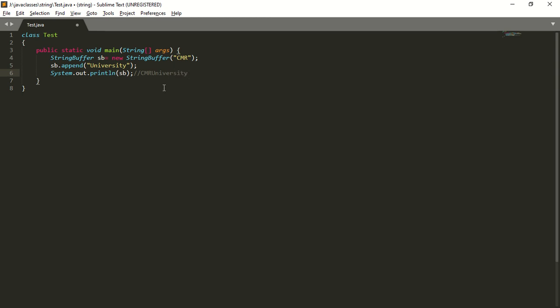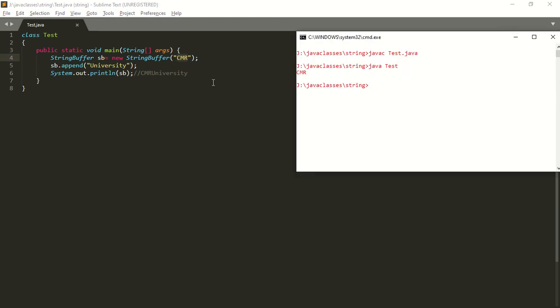Why? You know that by default, StringBuffer objects are mutable. What is the meaning of mutable? It is changeable. So if we create a StringBuffer object, those objects can be changed. Save this program, compile with javac Test.java, and run this program. What will be the output? The output will be CMR university.